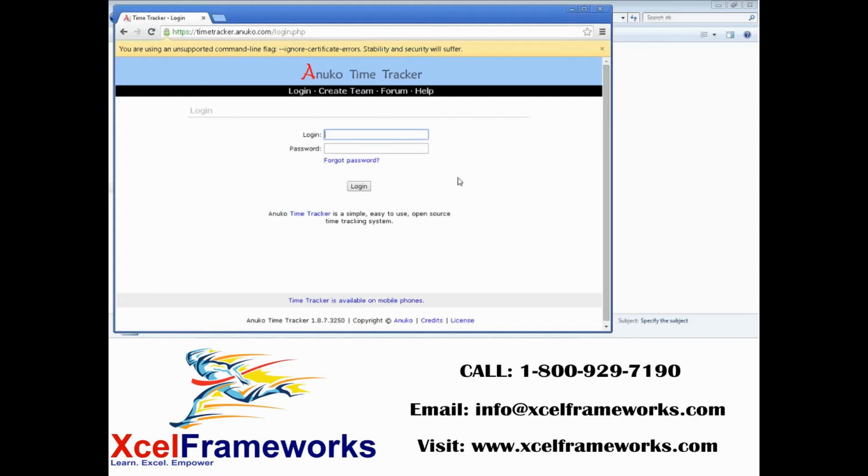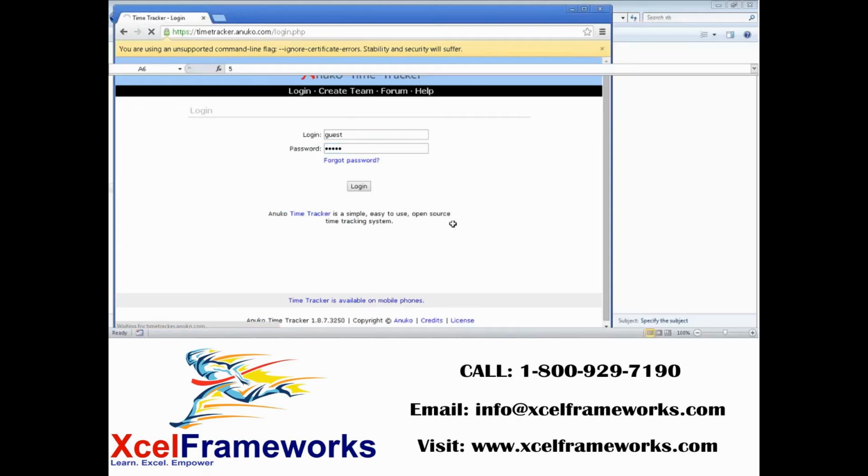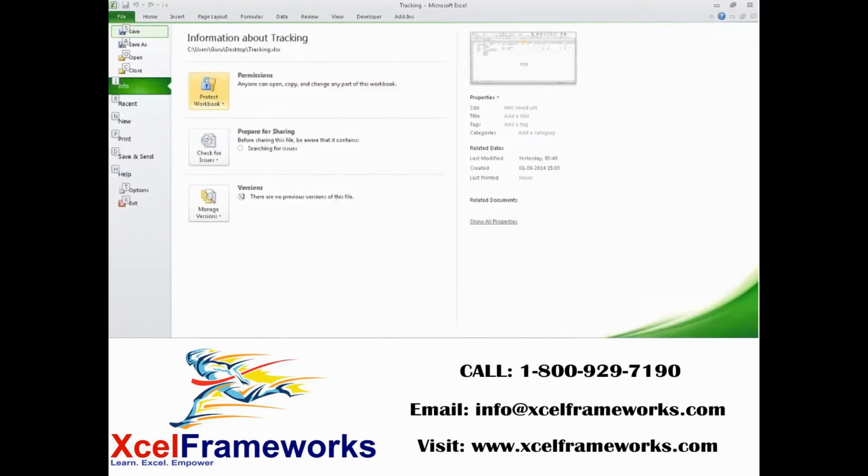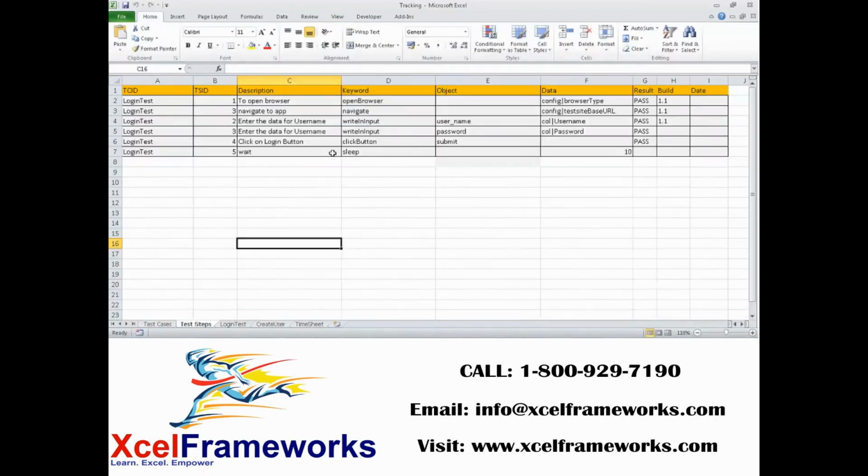The script is written very simply outside the code, and it's very easy. Anybody within your team can easily automate. Train them on the hybrid-driven framework, and without any Selenium knowledge they can easily automate. Any layman can automate. That's the whole idea of developing a hybrid-driven framework. How they develop it is pretty easy. In hybrid-driven frameworks, you just write something like this: open browser, navigate, click. Anyone can automate.